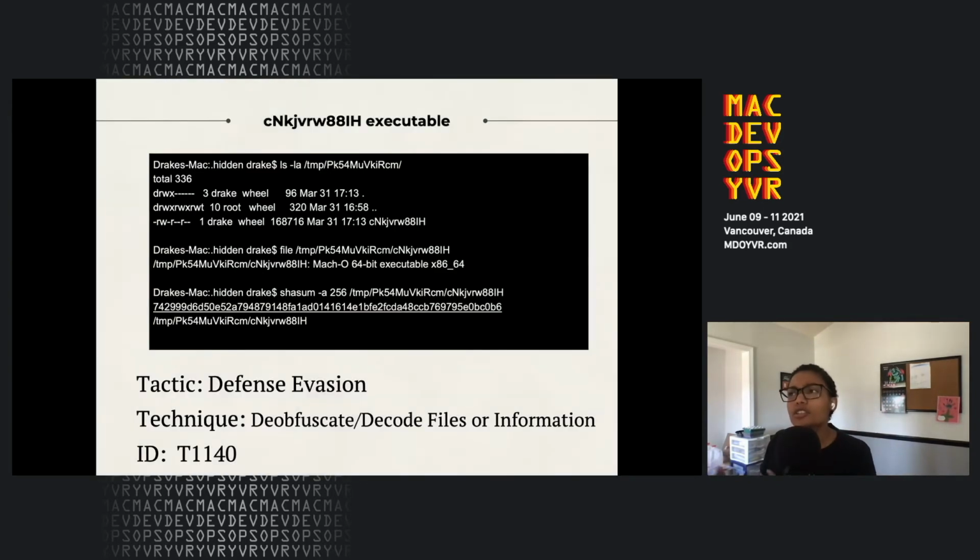Then I wanted to confirm that that file, that CNK file, was an executable. And sure enough, yes, it is. It's a Mach-O executable. The next thing I did was grab the SHA-256 value, because I want to know more about this file, to see what Shlayer drops. And in this case, it is Bundlore. But before going into that,